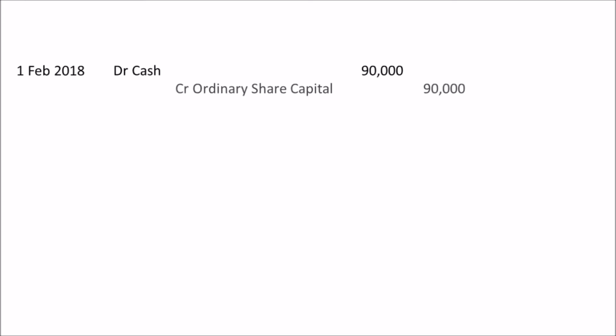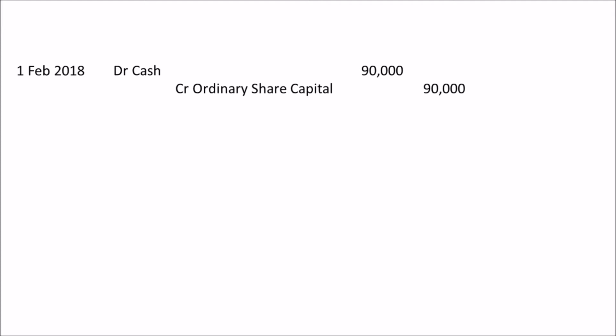On the 1st of February, you will see a debit entry in the cash account and a credit entry in the ordinary share capital account. So make that into a journal entry. If you check the two accounts, the figure is $90,000. Even though the question does not require a narration, I think it is good if you know what the transaction is about. If cash and ordinary share capital increased by $90,000, it means